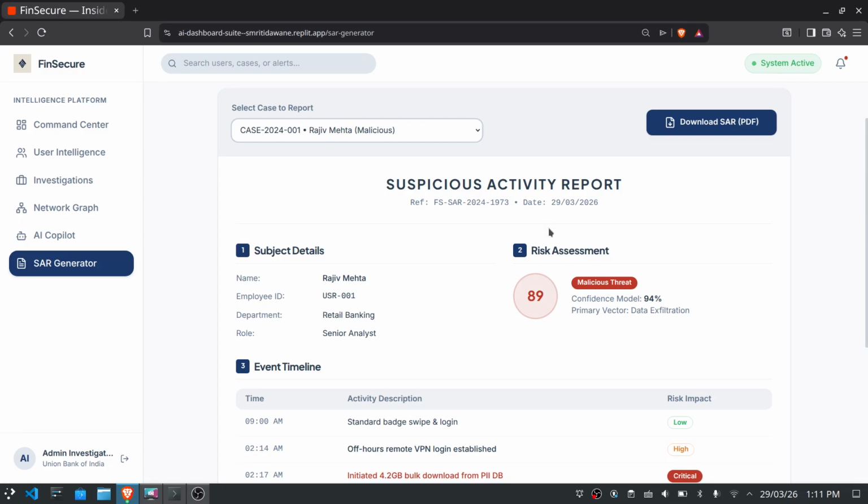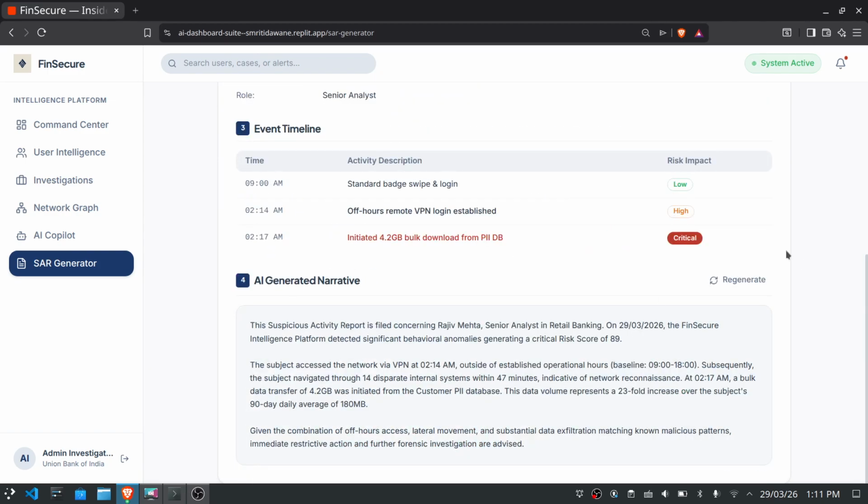In this prototype, the document is pre-filled with our synthetic case data, as you can see, and then in one click you can generate a downloadable PDF ready to file. Our target is under 10 minutes versus the process that takes about 3 to 4 hours.